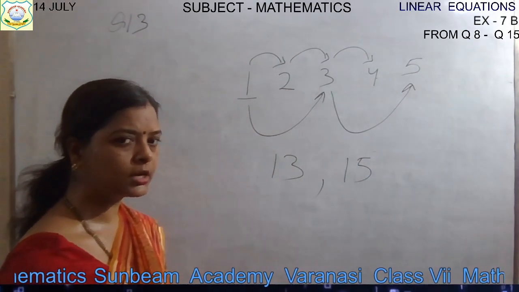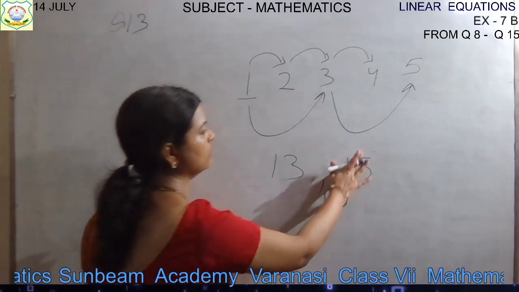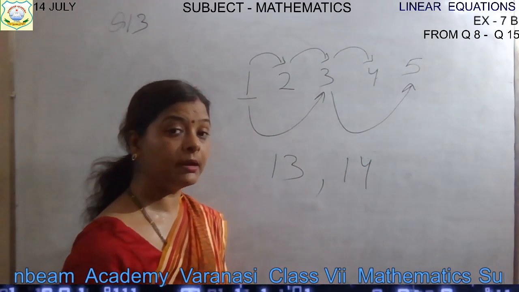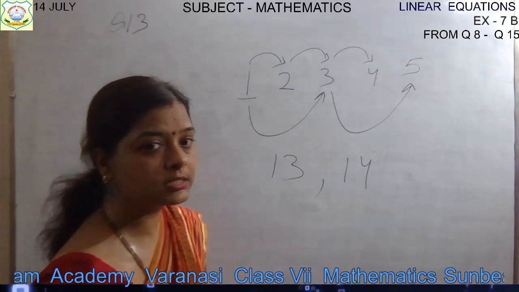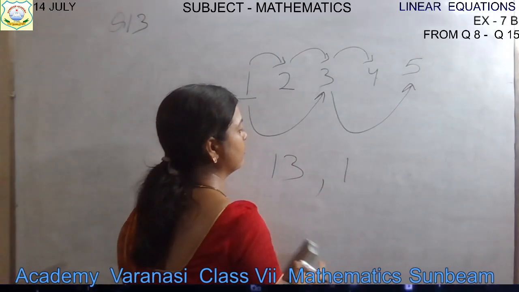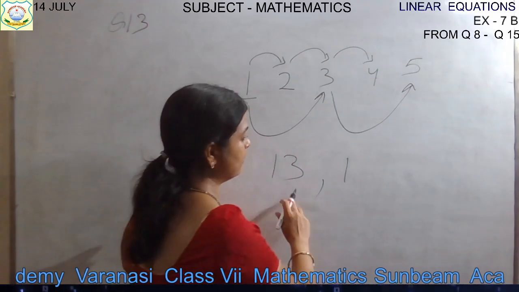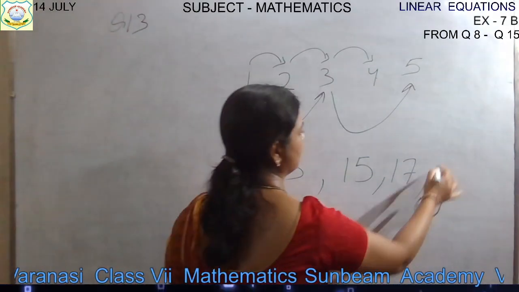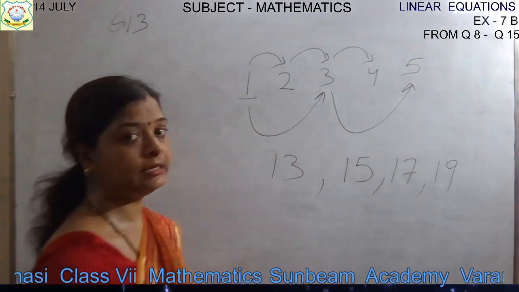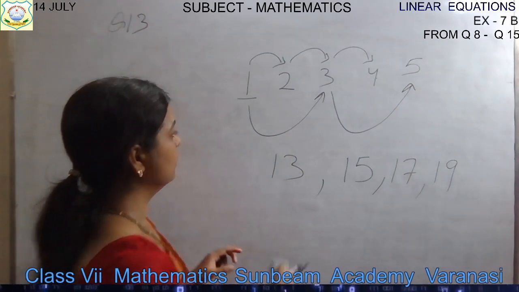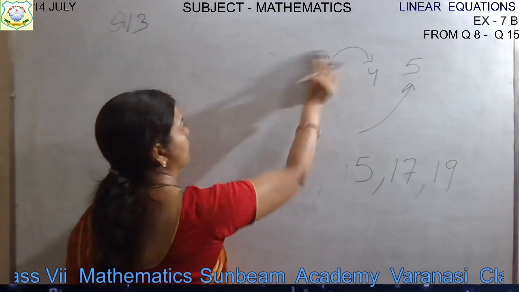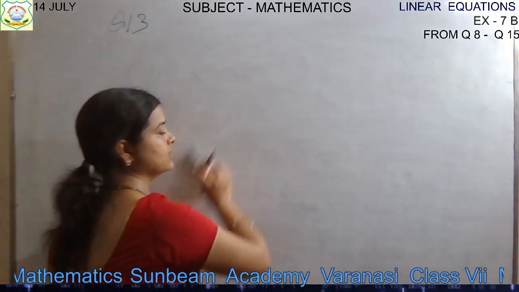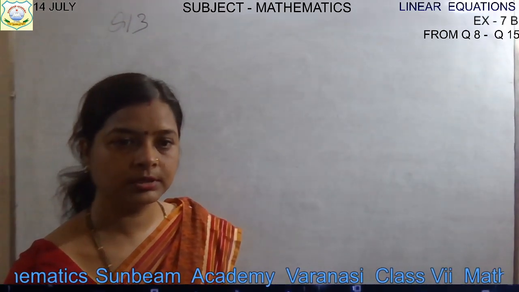Okay. If we talk about only consecutive numbers, then after 13, what will come, children? After 13, 14 will come. These two are consecutive numbers. But if you talk about consecutive odd numbers, after 13, 14 is not an odd number, na? So after 13, 15 will come. After 15, 17 will come. Then 19 will come. These are consecutive odd integers, positive integers. So in the question they are saying that the sum of two consecutive positive odd integers is 70. Let's see the question. Is it 70 or not?